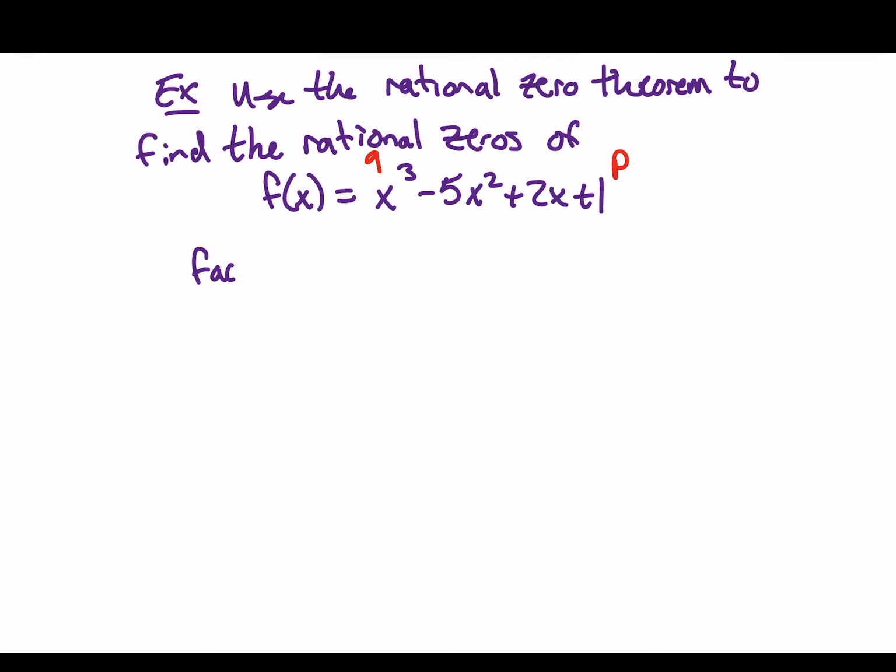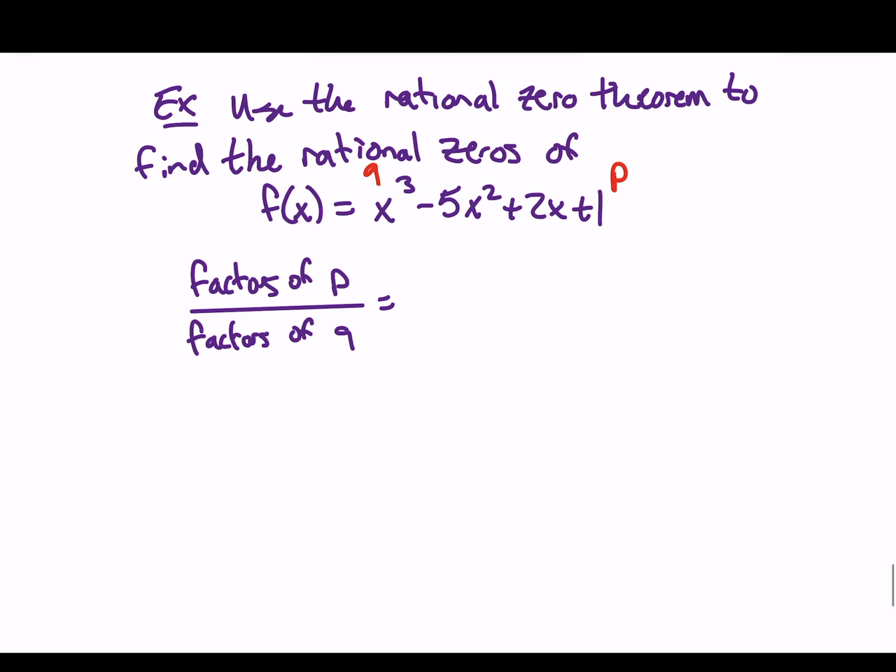So factors of p over factors of q, we get, well, the coefficient of the constant is 1, so we get 1 over, again, 1, so our possibilities are plus or minus 1. So let's do some synthetic division, create our columns,